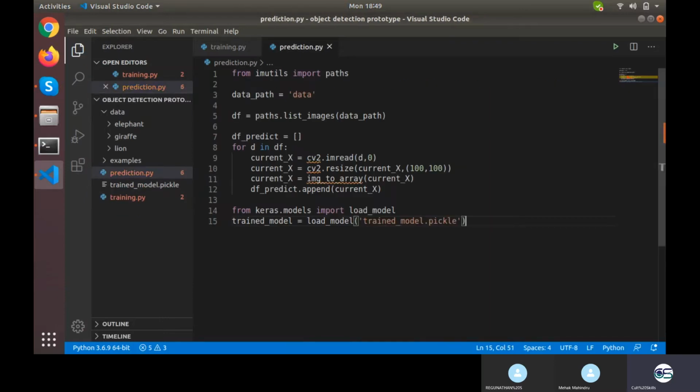So trained model is equals to load model trained model.pickle. Trained model dot predict for df underscore predict. Let's see, and I want to print that.